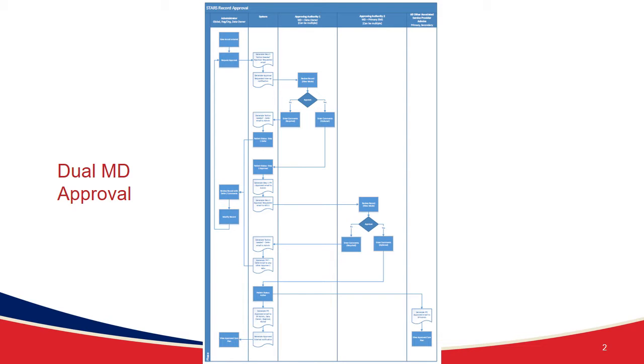So they verify what the STARS teams at the hospital have written. They say, yes, that's an appropriate plan, or they say, no, you need to rewrite that plan. And then they choose to approve or disapprove. And only after that medical director from the children's hospital has approved will the plan be sent to the EMS medical director, so that they can either approve the plan or defer the plan.